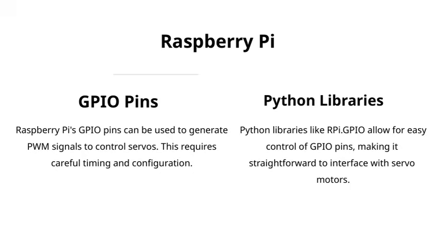These pins are incredibly versatile because they can generate PWM signals, which are essential for controlling servos. But, as you might imagine, this requires some careful timing and proper configuration to get it just right. Moving on, to make controlling these GPIO pins easier, we often turn to Python libraries like RPi.GPIO. These libraries simplify the process, allowing us to easily interface with our servo motors without getting bogged down in the